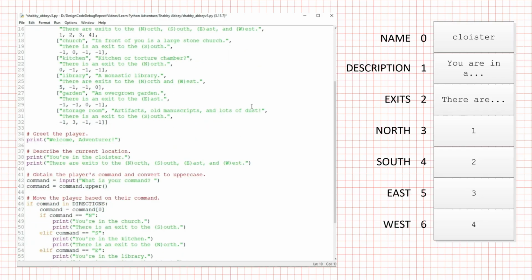Then, instead of "You're in the cloister," I'll write "You're in the" with a space, and then plus to concatenate, and then Abby sub current location sub name plus a period. Okay,